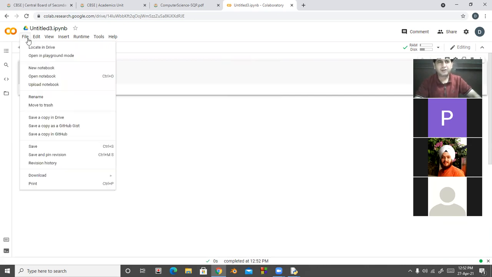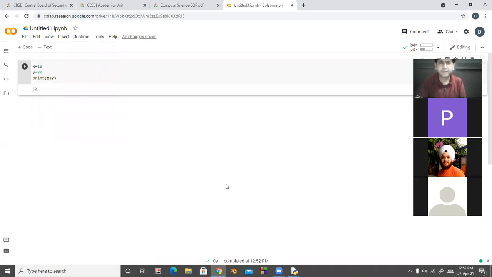So here you can save. You can upload the files from your computer system, your Google Drive, or you can also save copies, save as. So there are different features available in this. So this is your Python editor, an online Python editor. Everything is on the cloud. It is cloud storage, cloud computing. So every execution is not on your computer system, but on the server. So this is important. You can create a collection of programs here.